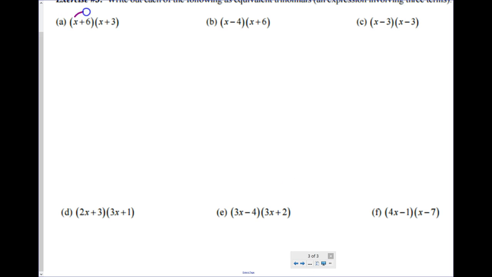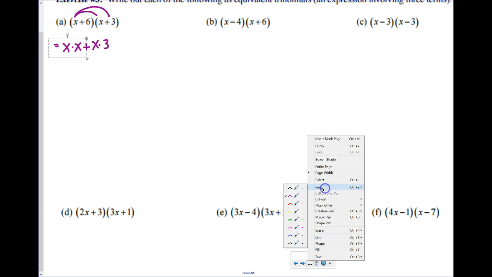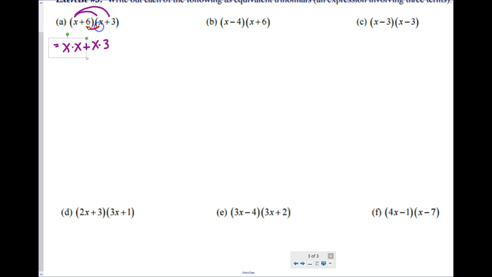So here's my first distribution. It's going to be x times x plus x times 3. My second distribution is going to be with the 6 to the x and 6 to the 3. So I have plus 6 times x plus 6 times 3. Now I combine them all, simplify. X times x is x squared, x times 3 is 3x, 6 times x is 6x, and